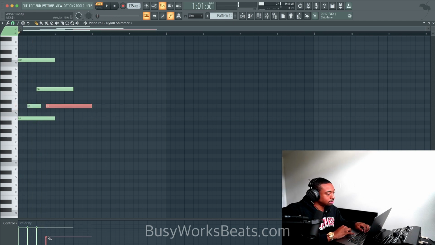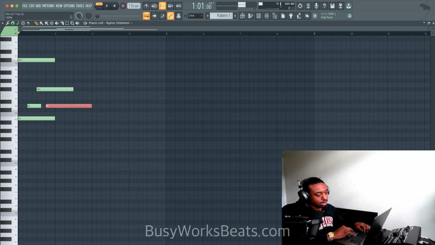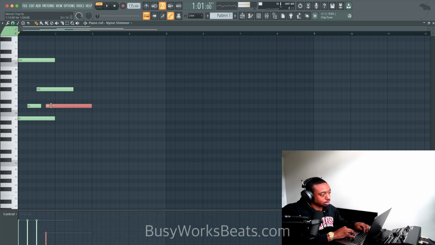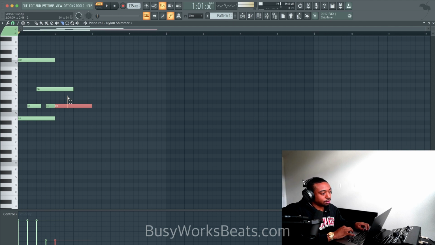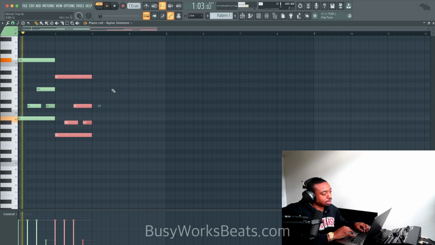Now on the second, we're gonna go to the velocity, grab this ellipses down here, pull this up, and just turn this down. So it doesn't sound like a full note, it's more of a ghost note. And at this point, just make sure your notes are in. So dun, dun. That's what my ear hears. So let's grab all these notes, hit shift, and then pull this down to A.